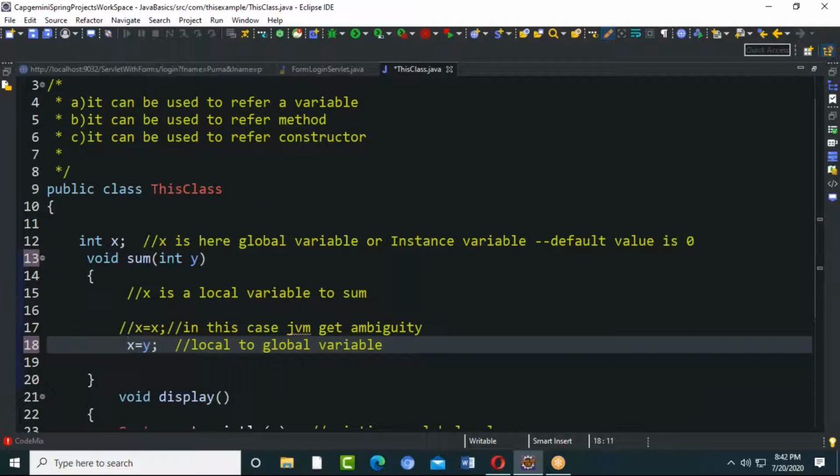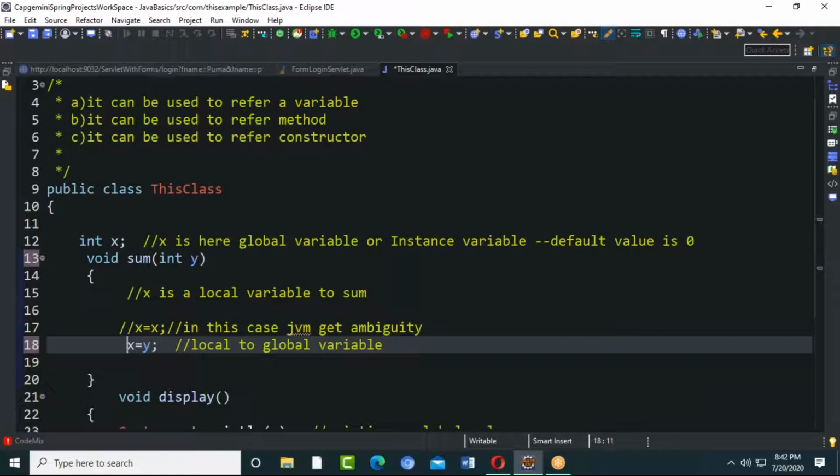your local variable value, you are going to assign it to the global. Why do we have to make the local variable value a global variable value? So that the global variable value can be accessed anywhere in the application, right? Its scope is visible anywhere. But if it is local, it is not visible. So sometimes we use the this keyword to make a local variable value available to global. This can be used basically in the constructor.